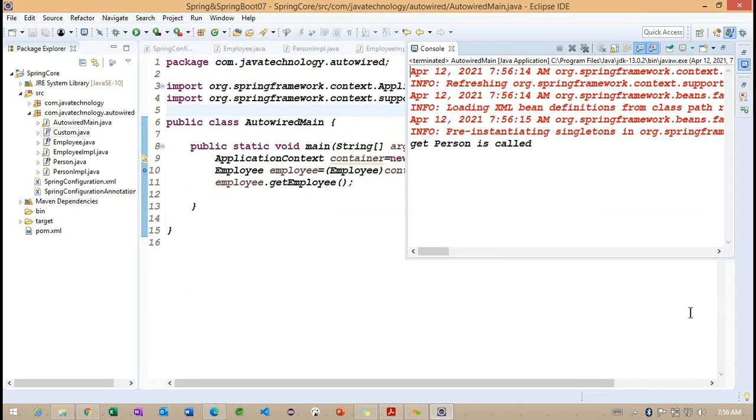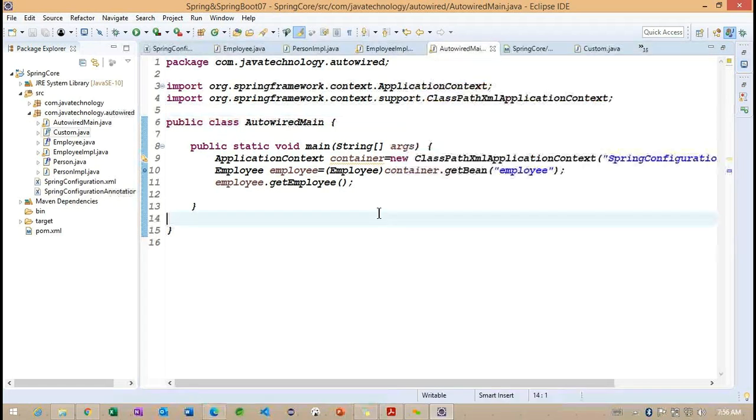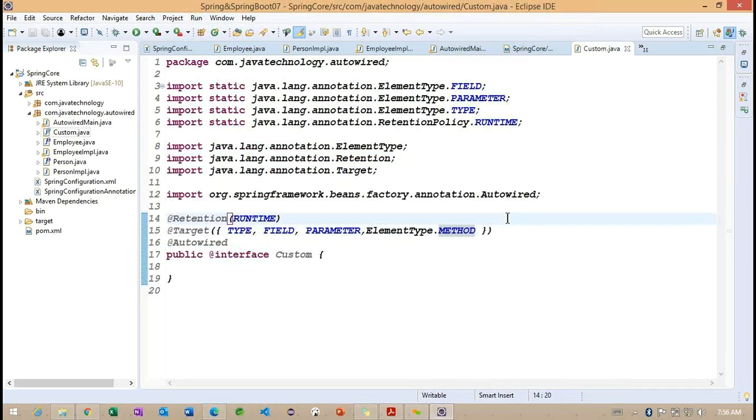Now you can see, even if I'm not using the Autowired annotation, using this custom annotation we are accessing this object information here. Getting the point? This is a very important section we need to understand here. So any questions regarding these custom annotations?